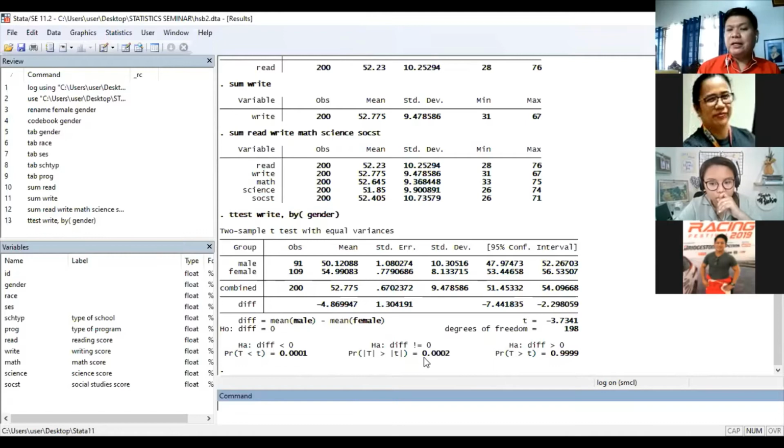The p here is 0.0002. Ordinarily, if this number is less than 0.05, assuming a confidence level of 95%, this is significant. I repeat, when you're looking at the p-value, it must be less than the significance level of 0.05. And this is 0.0002,